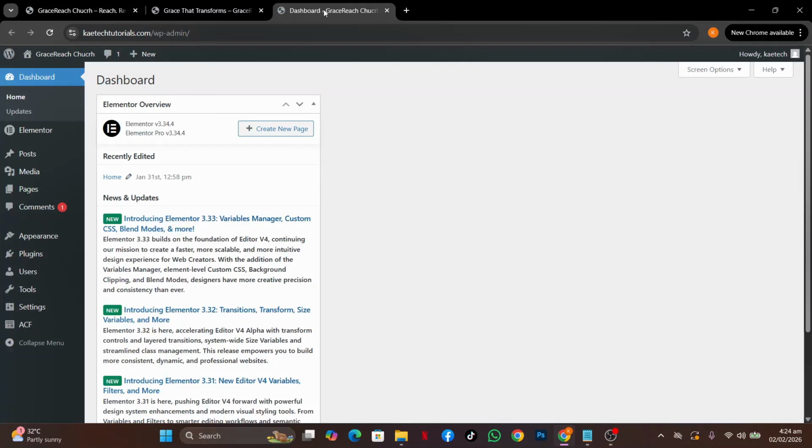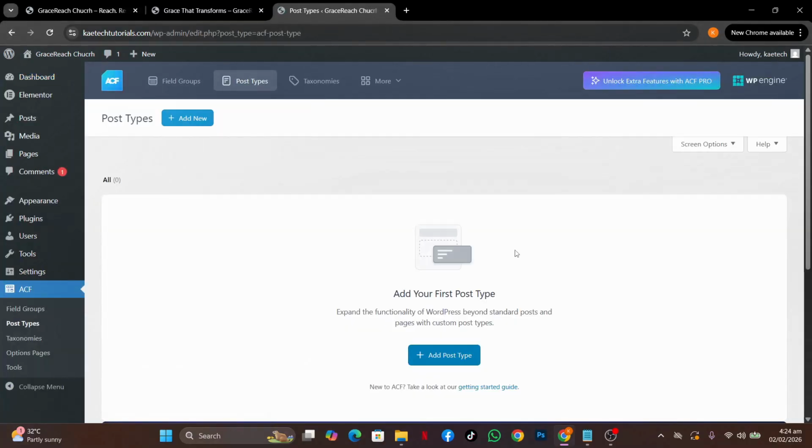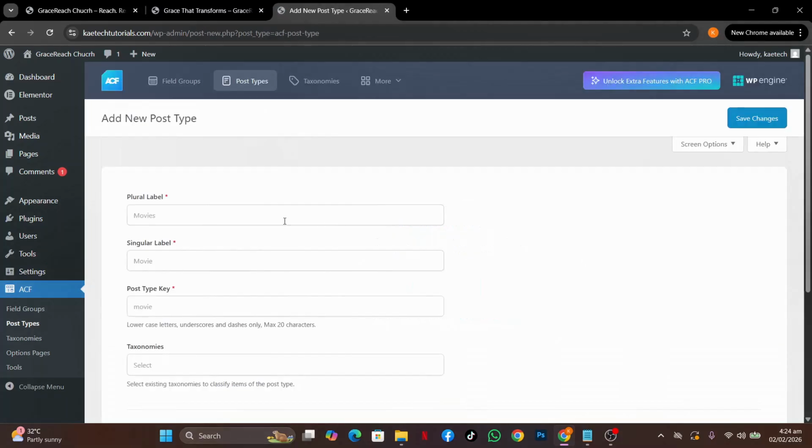So we come over to the dashboard over here, and then we're going to hover on ACF over here, and then we click on post types. So we're going to create two different post types. We're going to create one which is the sermons, and then two which is the event post types. So we click over here to create the sermon post type. So what we're going to do is we're going to say sermons. Okay, that is for plural. Okay, so it means that if it is more, it is called sermons. Now if it is less, we're going to say just sermon,